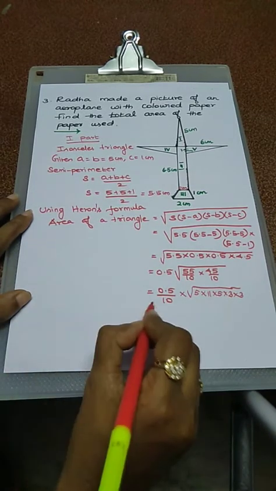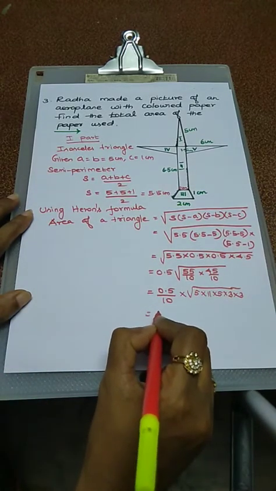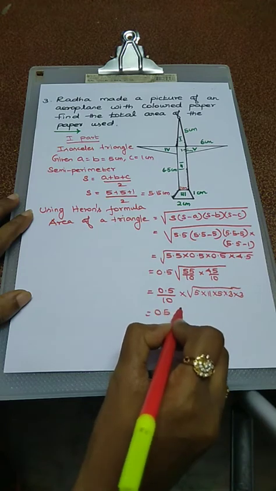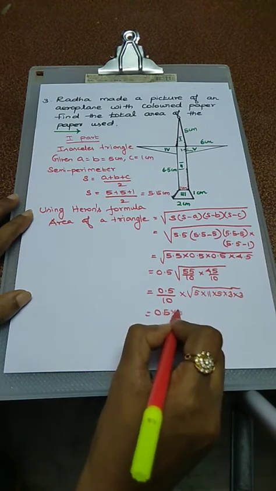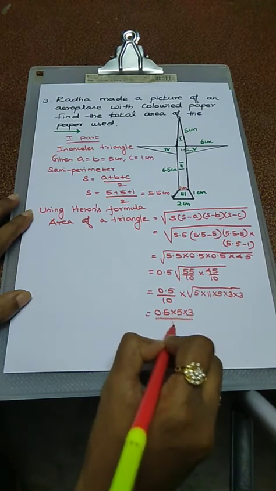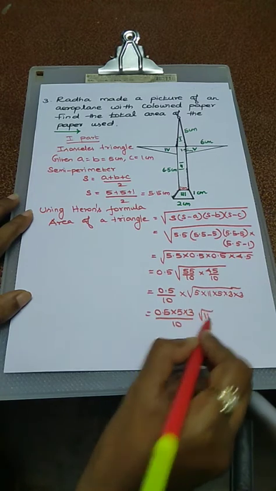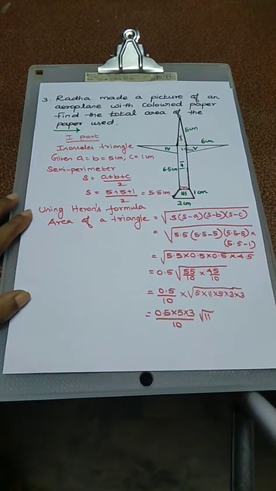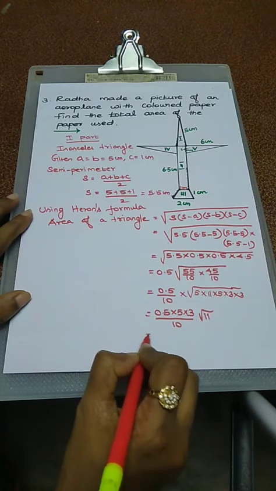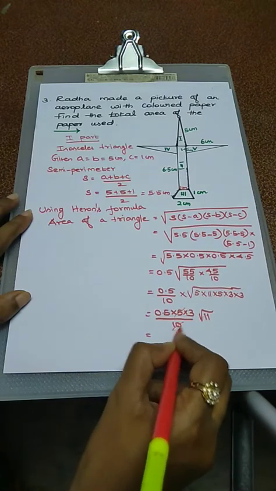Now taking the value from the square root, actually already we have 0.5 by 10. Now we take the value 5 into 3 divided by 10. So square root of 11 only is the balanced value. Now multiply the value. Actually that is 5 ones are 5, 5 twos are.